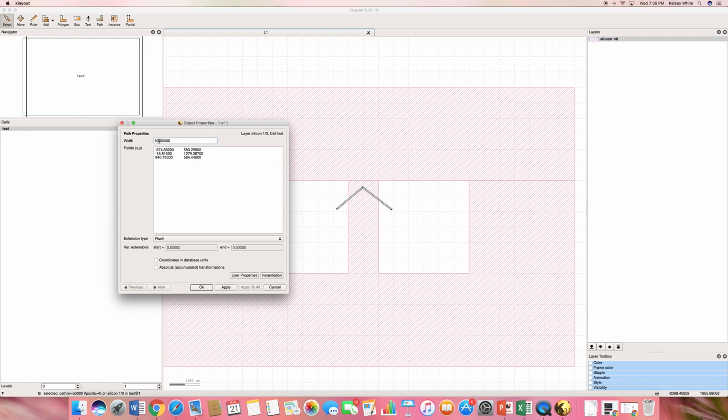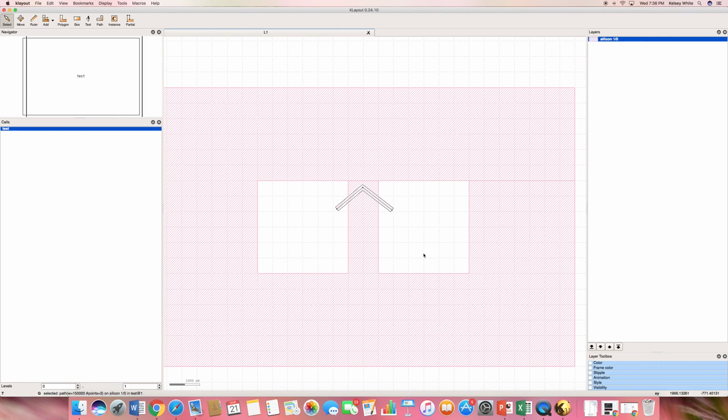And maybe I'm not very happy with the thickness of this path, so I'm going to increase it to 150 microns. Okay, that's looking pretty good. Now the coordinates are a little funky, and I could go through and adjust them individually, but that's easy to do, and I'm not going to waste any time doing that. Instead, what I'd like to do is make a couple of these. So let's say I'm going to take this object, copy it, paste it, and